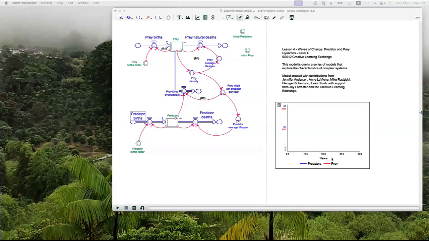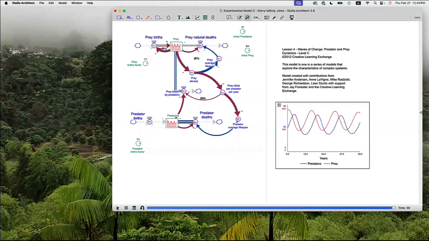And so for this demonstration, I have a predator-prey model that was developed by the Creative Learning Exchange. I've modified it a little bit to make it a little simpler on the screen, but this was something that they put together for their Waves of Change curriculum. So here's the model, and just to let you know what it looks like when you run it, you see this oscillating behavior. I have the loops that matter turned on here, but you can see we have this oscillating behavior between the